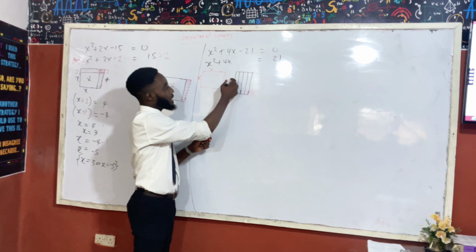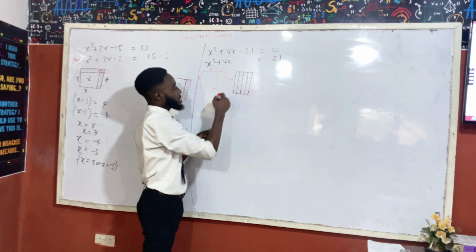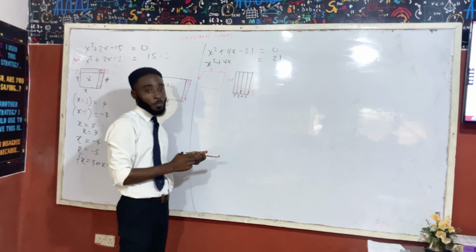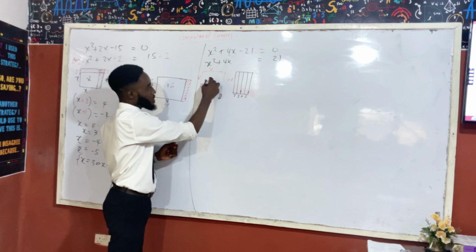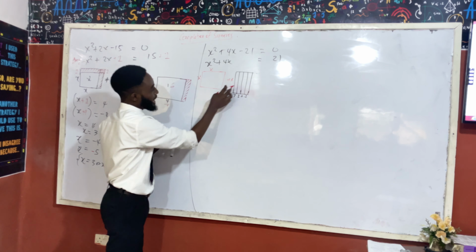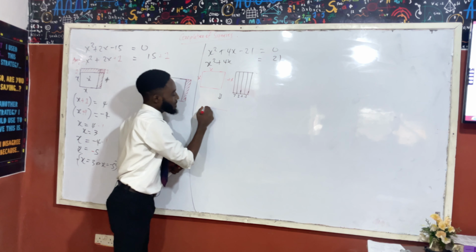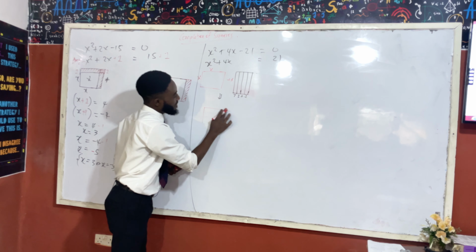And I'll have this length to be x, and this size will be 1, 1, 1, and 1. Is that okay? So let me bring it down a little so I can place them around. If I now want to arrange this around this, so that I have just one part to create my perfect square,